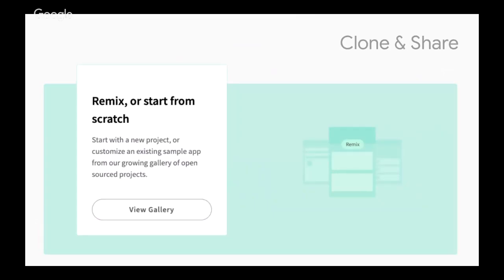So this app that we're about to build is going to be available. All you have to do is click on it in the link, and then you'll be able to remix it, and you can change anything you want. You can customize it. You can even change the hot dog, not hot dog part. So you can make it about anything else. You could make it about cats. You could make it about pandas. You can take a picture of something and it will tell you if it's a panda or not a panda.